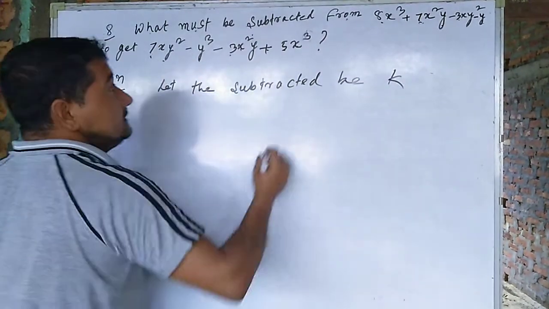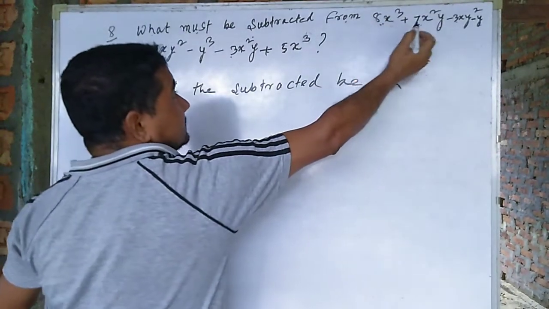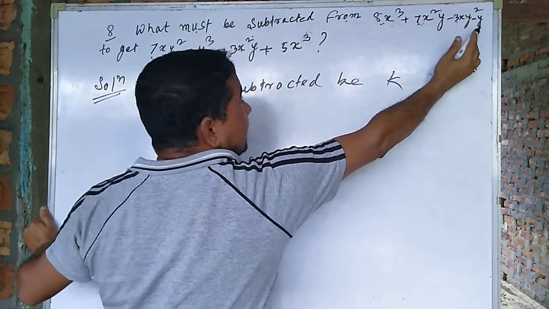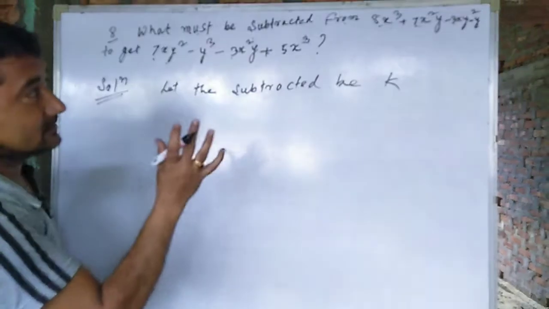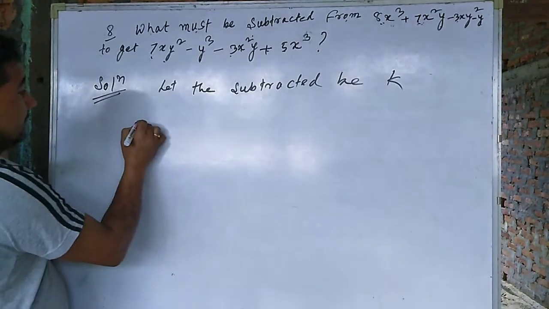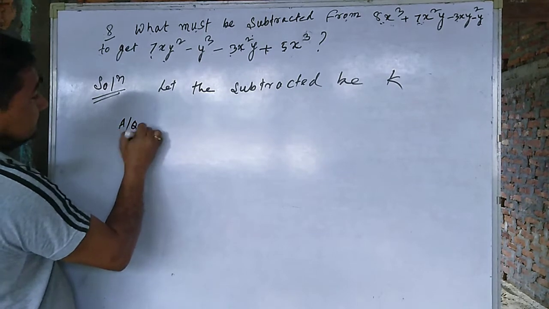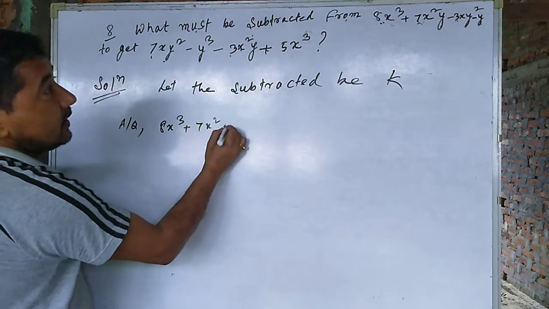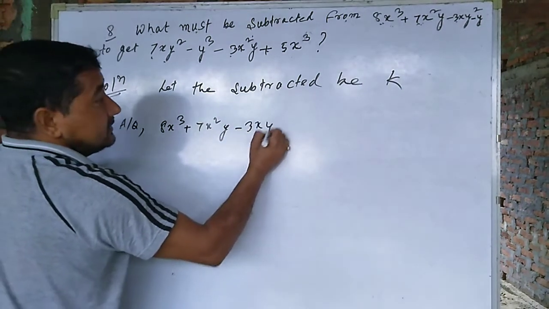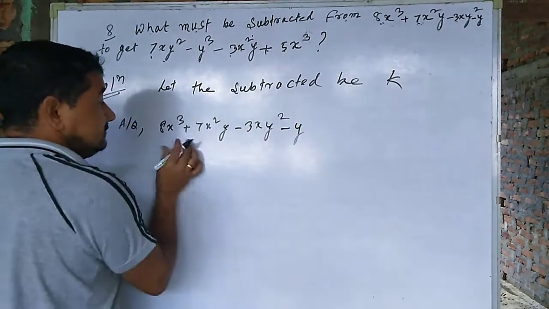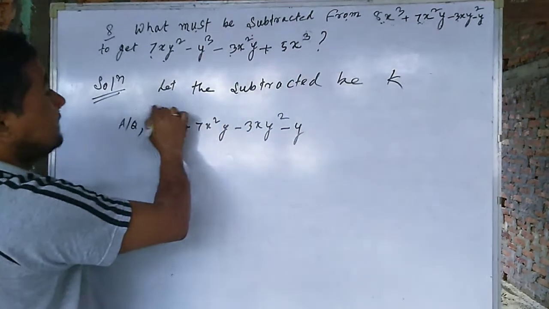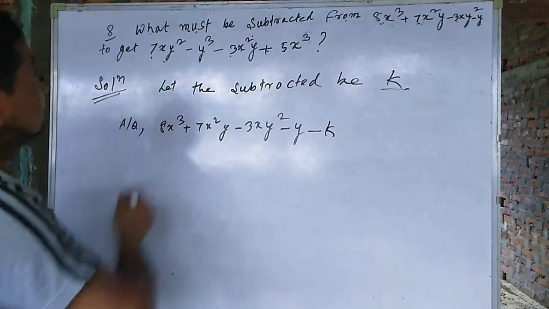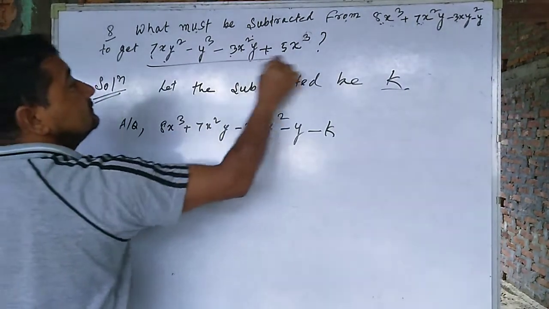k. We subtract it from 8x cube plus 7x square y minus 3xy square minus y. You have to write first which one we subtract from. According to the question, 8x cube plus 7x square y minus 3xy square minus y. First you write this term, and subtract k, what must be subtracted. Then you get this term is equal to